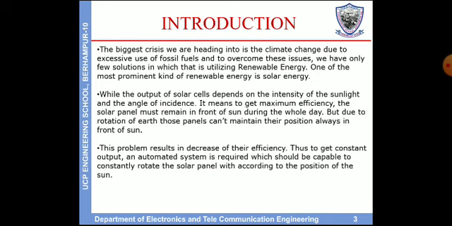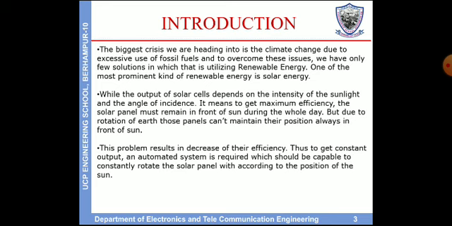We have only a few solutions, in which one is utilizing renewable energy and a sustainable lifestyle. One of the most prominent kinds of renewable energy is solar energy. In remote areas, the sun is a cheap source of electricity because instead of hydroelectric generators, it uses solar cells to provide electricity. While the output of solar cells depends on the intensity of the sunlight and the angle of